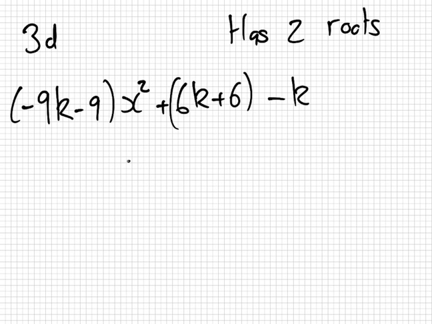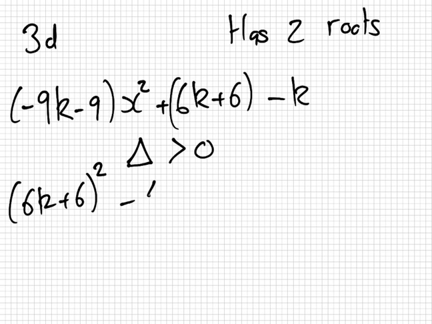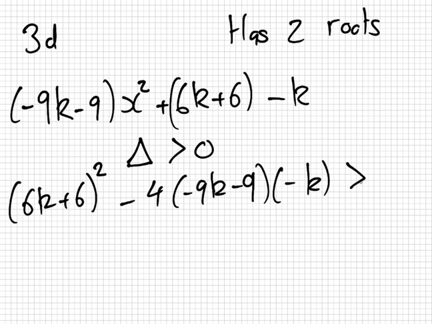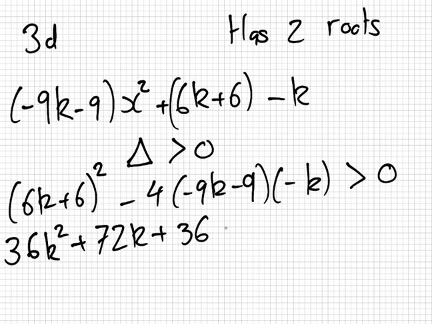So, if it has 2 roots, we know that the discriminant should be positive. So again, b squared minus 4ac should be positive. So here I get 36k squared plus 72k plus 36